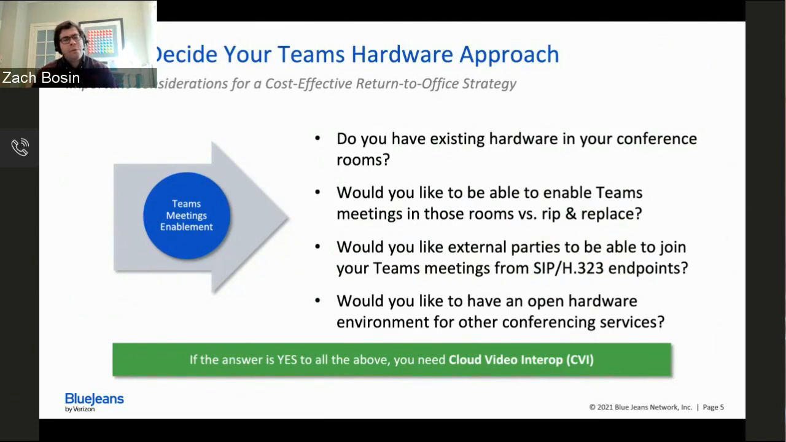And then fourth, another interesting point is, would you like to have an open hardware environment for other conferencing services? While I'm sure most of your internal collaboration will be happening on Microsoft Teams, what about those other meetings that you have with agencies and business partners, maybe on Zoom, BlueJeans, WebEx? Those are important considerations. And if you think about the teams in your organization that may be more apt to be working with those third parties, you want to think through what are the different options